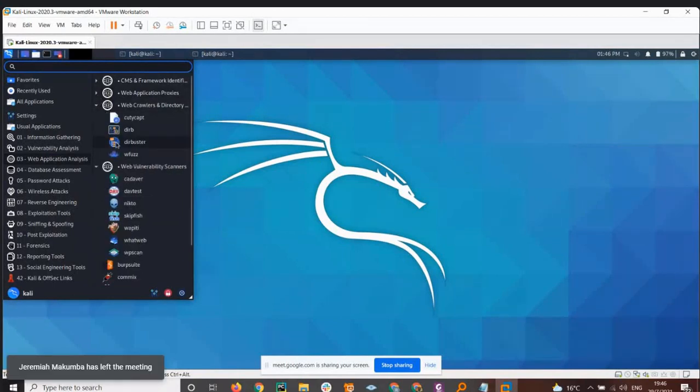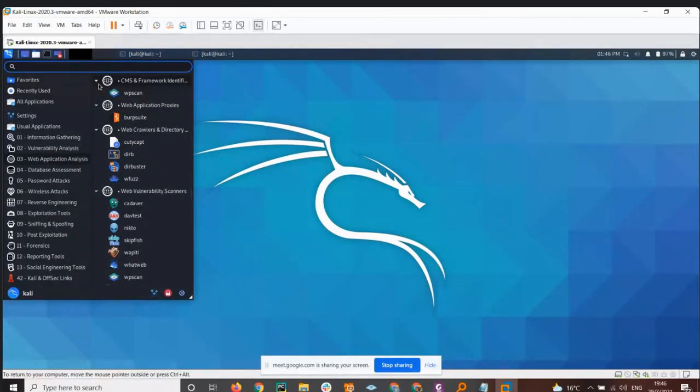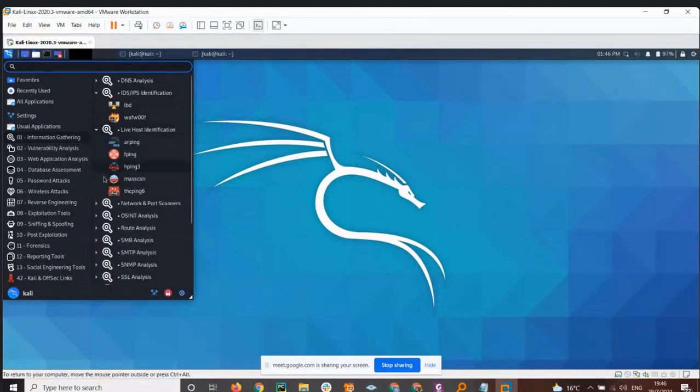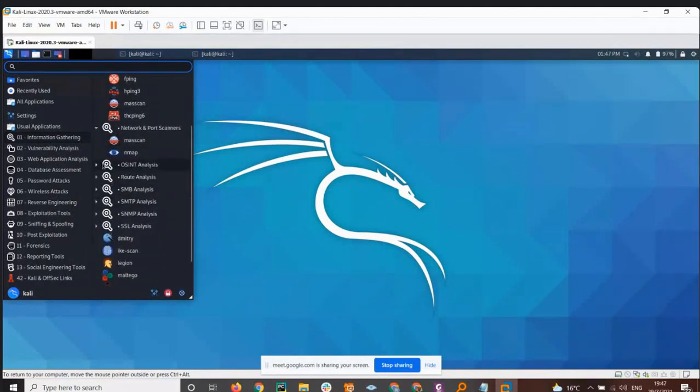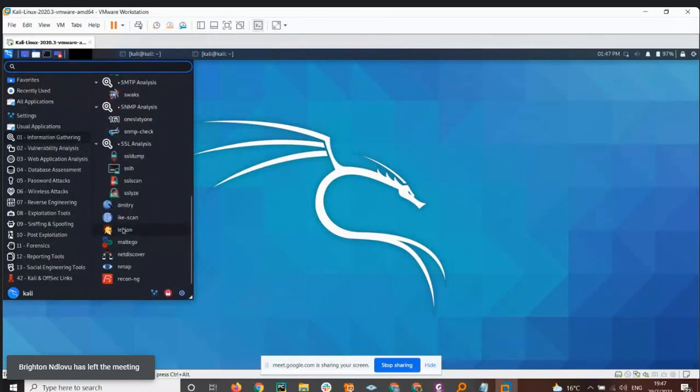So you'll find the tools you can use for ethical hacking are not just 70. If you go through all the different sections, you'll find there are so many tools that you can actually try and use. The same tool would be used by just two or three groups, and yet they have so many options. So why are we saying it should be possible for all of you to have a different tool? And this is just within Kali. Because if we go to different sites,